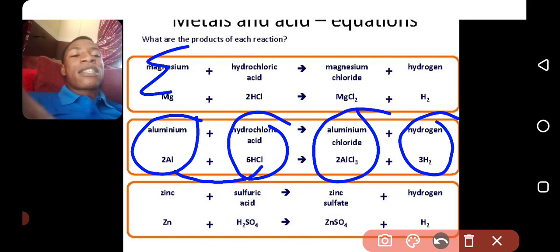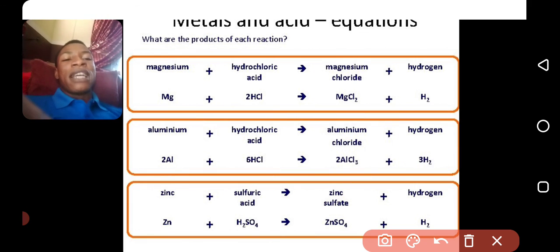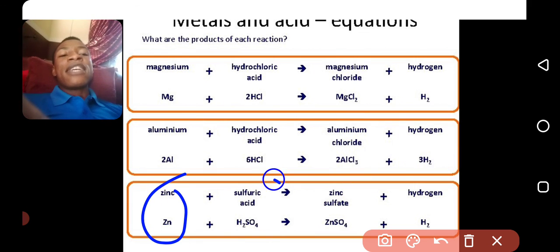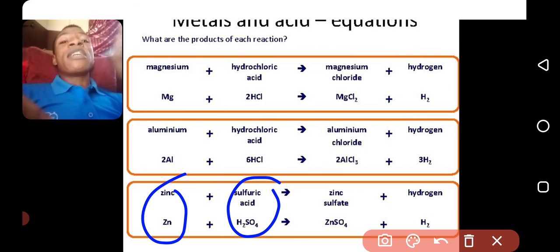So let's see another example here. Zinc reacting with H2SO4. What kind of salt are you expecting? Of course, a sulfate salt, because the acid is